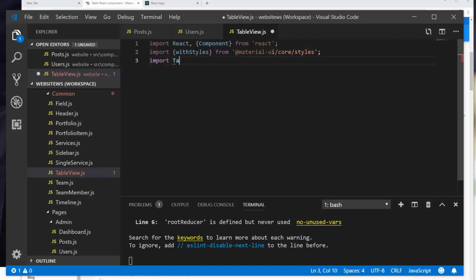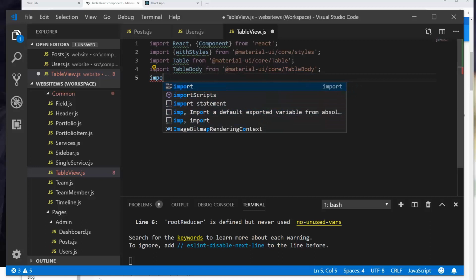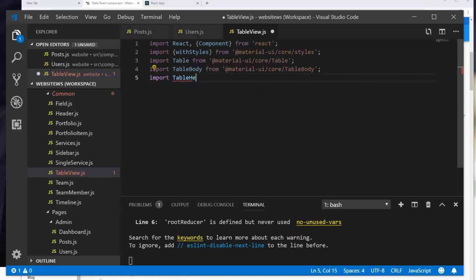We're going to import table from material-ui/core/table. Import table body from material-ui/core/table body, and then import table head from core/table head,